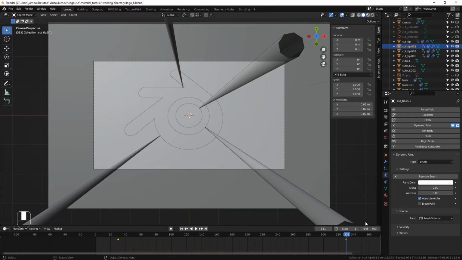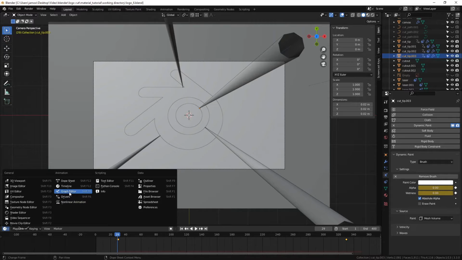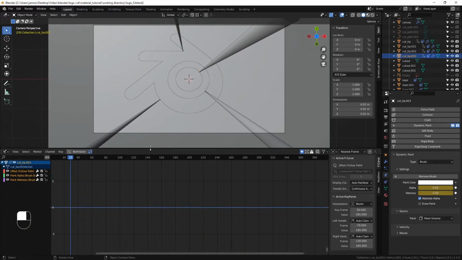So to do that, I'm actually going to start by giving keyframes. Let's see, let's go back to frame 29. And I'm going to put keyframes for all of these for the alpha and wetness, 0 at frame 29. And then if I go down here to the graph editor, and let's bring this up,